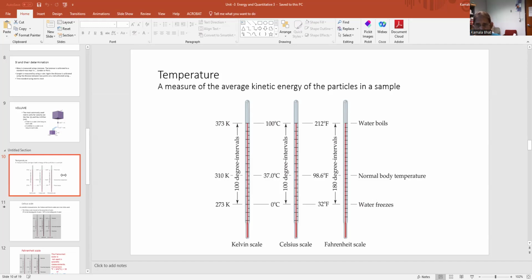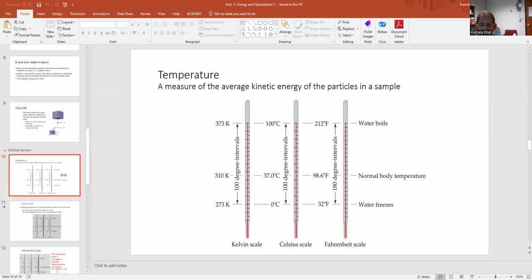100-degree intervals. On the other hand, when you use the Fahrenheit scale, water freezes at 32 degrees Fahrenheit and boils at 212 degrees Fahrenheit. The difference is 180-degree intervals. So we can straight away look at it and say that a 100-degree interval on the Celsius scale is equal to